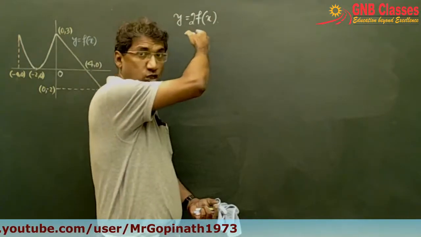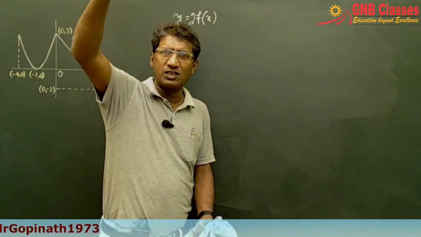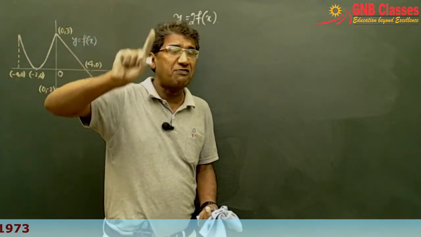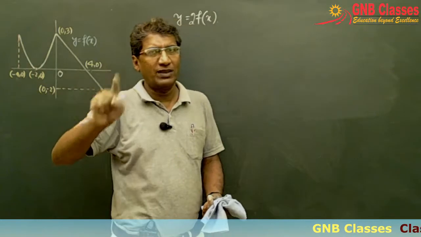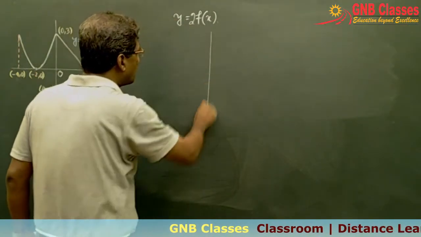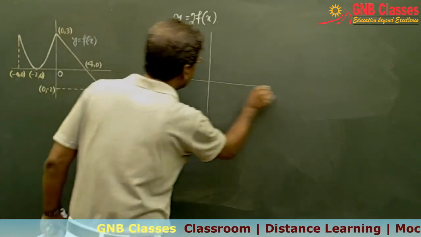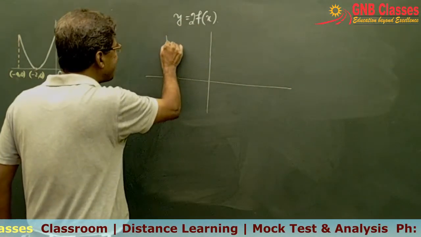In this case, it's 2 units. So we will stretch the graph along the y-axis by 2 units without affecting the point of intersection of the curve with the x-axis. So in this case, what will happen? What will be the transformed graph? If I stretch it 2 times along the y-axis,